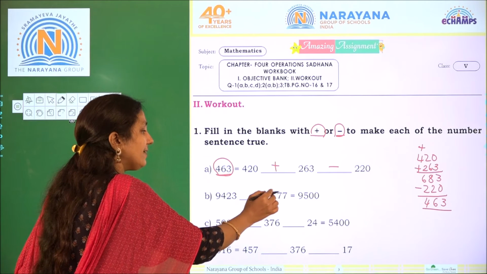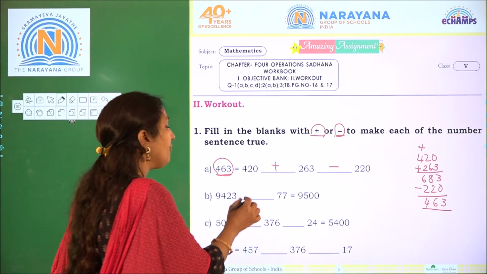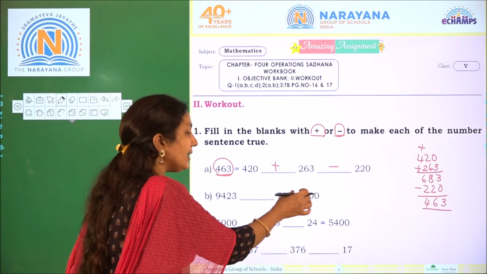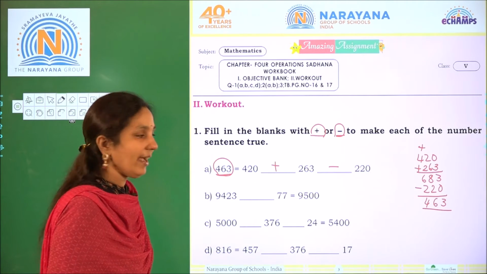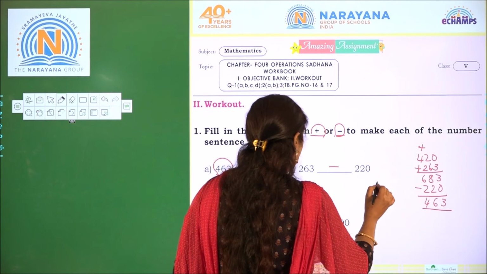9423 dash 77 equal to 9500. So if you write plus or minus, it will be equal to 9500. Just I am writing plus. Now add